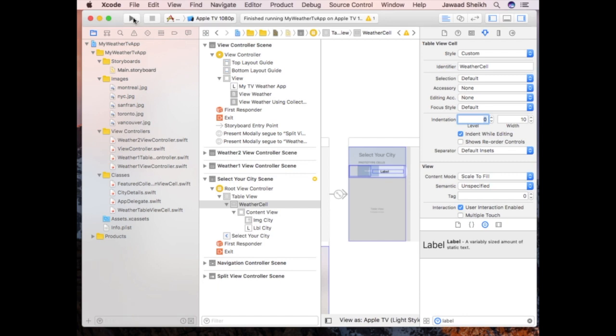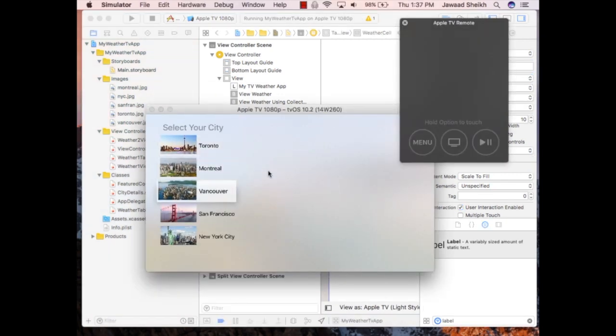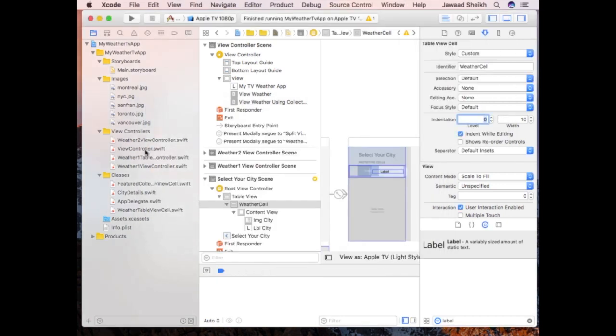And if you give it a run, you see all your cities. A little bit cut off because of the length, but that can be played with. So now that our table's up and running,